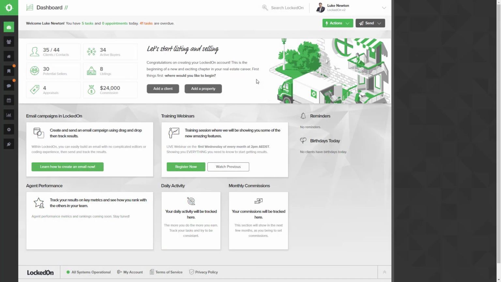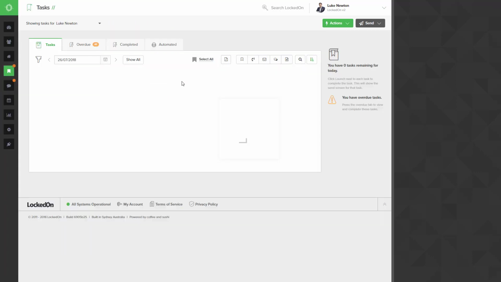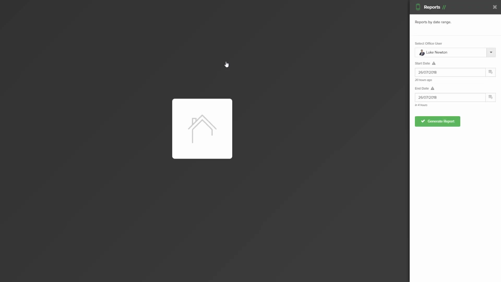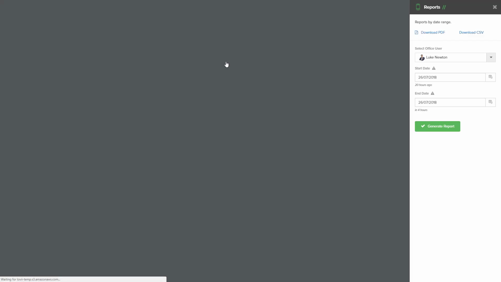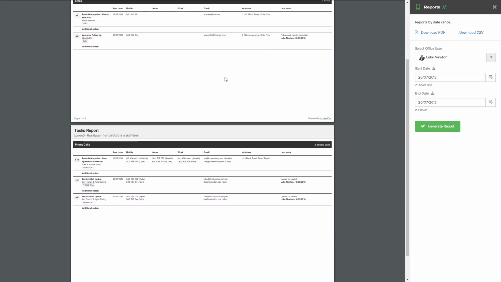For the agents that like to be out of the office and still making all their calls, you'll now be able to go into the tasks, see what actions you have for the day, and select the print task option. This will then give you access to a PDF to print off your tasks for the day so that you can go out on the road, complete these actions, take notes, and then come back to your system and update